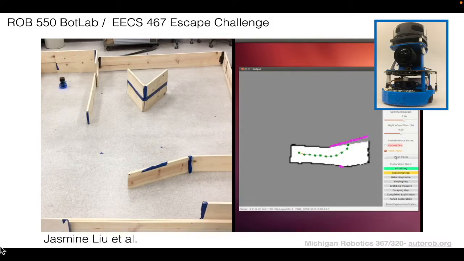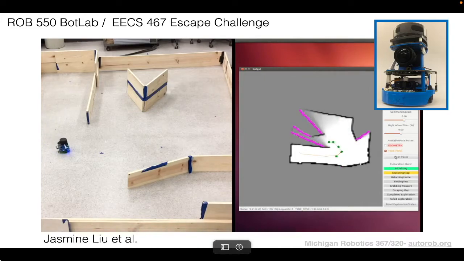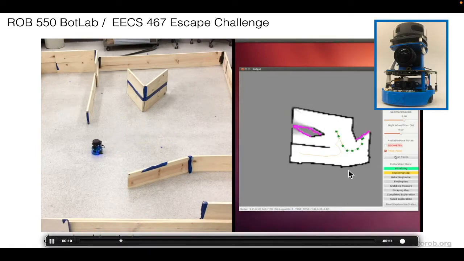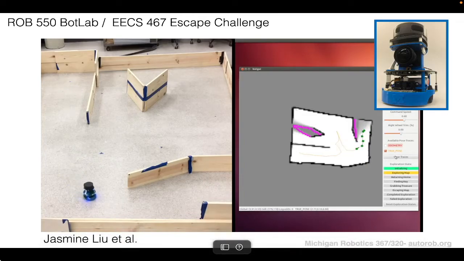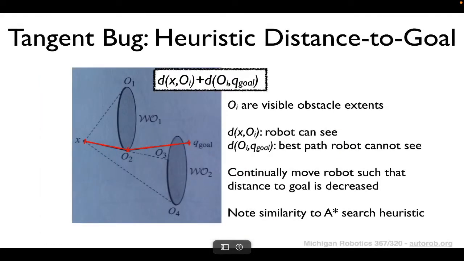So an example of a former student that implemented one of these SLAM algorithms is shown here. So as the robot, you can see, moves around the maze, it's able to build up this map of the environment using these laser rangefinder sensor readings, where the map is then constructed as this occupancy grid shown on the right. But for our purposes, for tangent bug, we're not going to necessarily need to build up this complicated map,